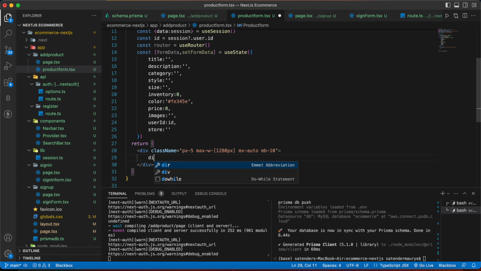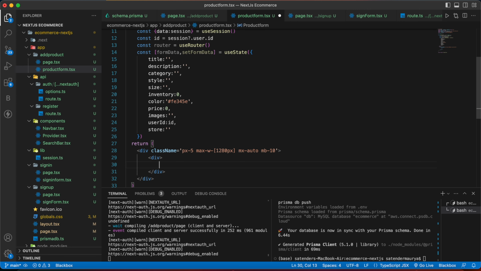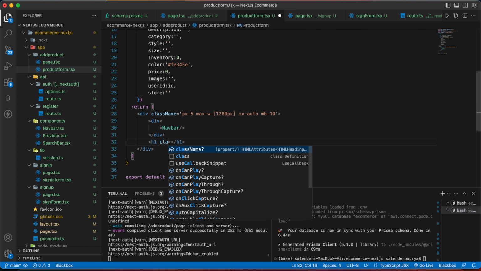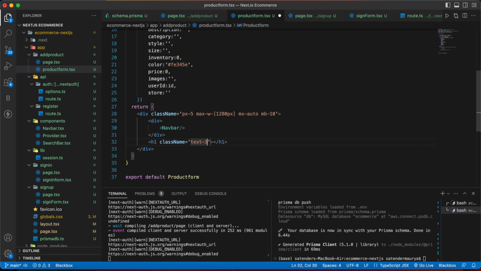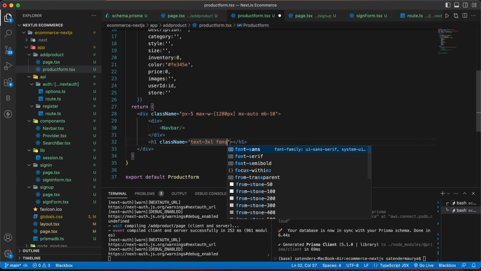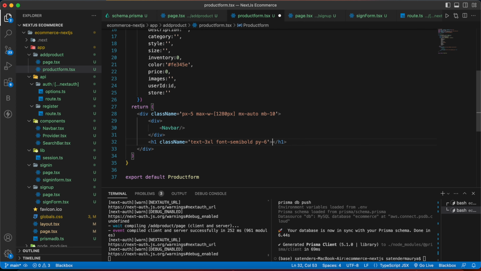Inside that, we are going to have one more div, and inside that we can have our navbar. Below this div, write an h1 tag with the class name of text-3xl, font-semibold, py-6, then write a div with the class name of text-black,